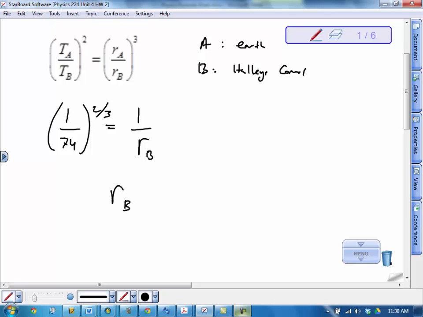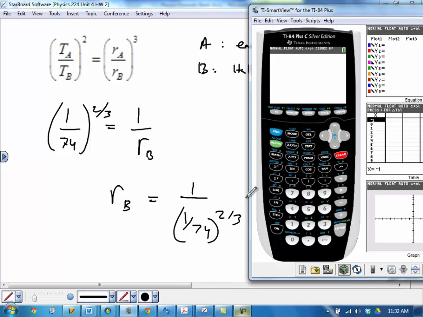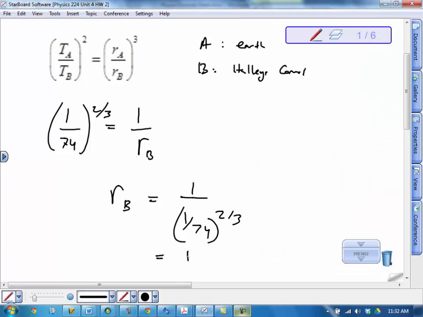So I'll have the average distance that Halley's Comet is away from the sun is equal to 1 over this distance, 1 over 74 to the 2/3. You can enter this whole thing in if you want, but I like to say inside the parentheses, so I would do 1 divided by 74, hit enter, and then raise that answer to the 2/3. And then do 1 divided by that answer. So I kind of work my way outside, and there's different ways to do it, but that gives you about 17.6. So basically the average distance that Halley's Comet is away from the sun is 17.6 astronomical units,